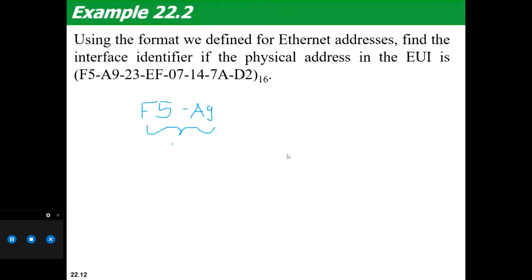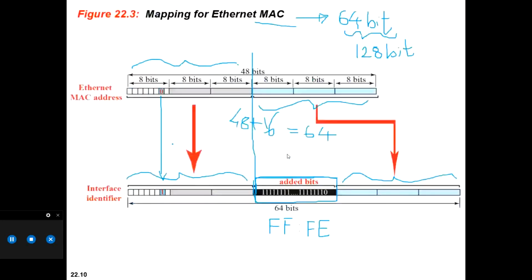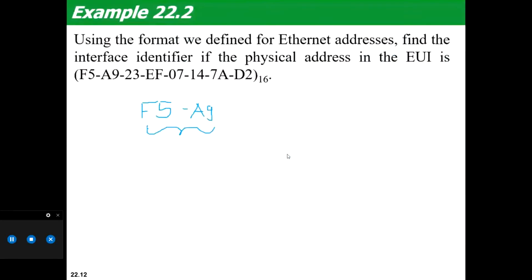So the only thing we will do is make a 0 into 1. Which seventh bit are we going to make 0 to 1? This 5 is 0, 1, 0, 1.